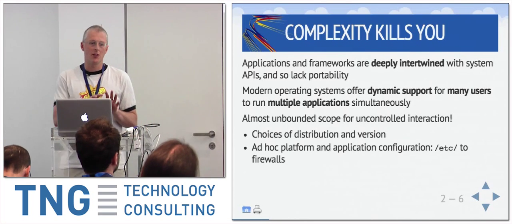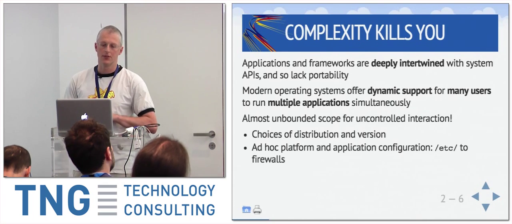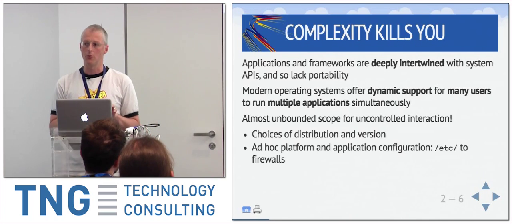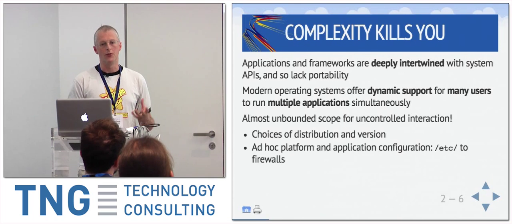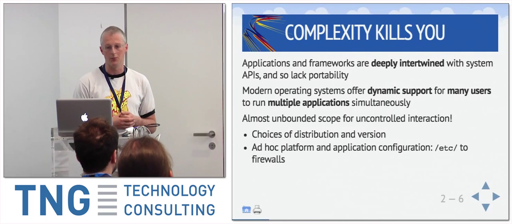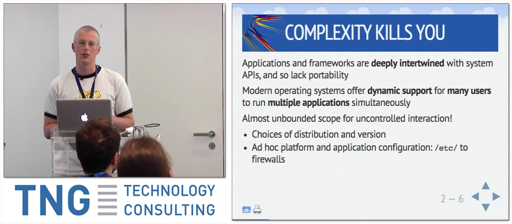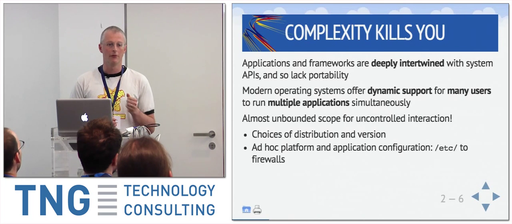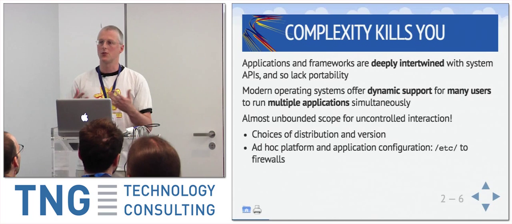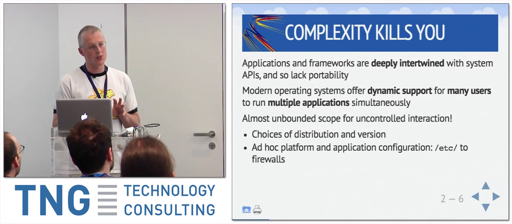Our claim would be that one of the fundamental problems that underlies all this is the complexity that you have to deal with when you write this kind of code. So applications and frameworks get really deeply intertwined with the system APIs that they sit upon. And it's difficult, therefore, to port reliable, known to be good code to different platforms. You have to work quite hard to get this kind of platform independence in some of these libraries, particularly system-level libraries. Another source of complexity is that current operating systems derive from a notion that you want to offer dynamic support for multiple users to use a single machine and to be able to run multiple applications simultaneously. So you've got lots of ability for applications to be running which are going to interfere with each other. Okay? And this offers a lot of scope for uncontrolled interactions.